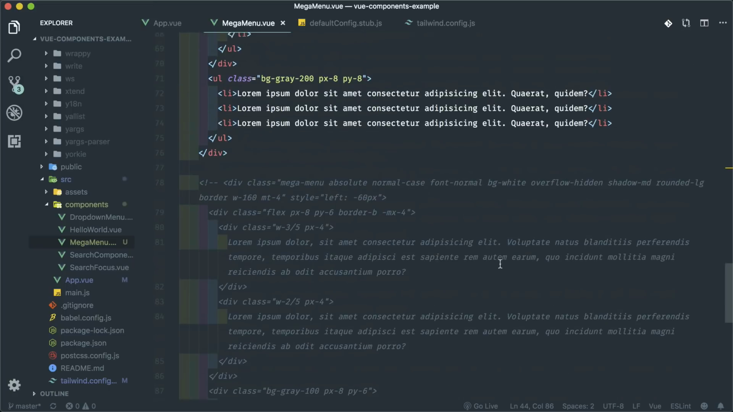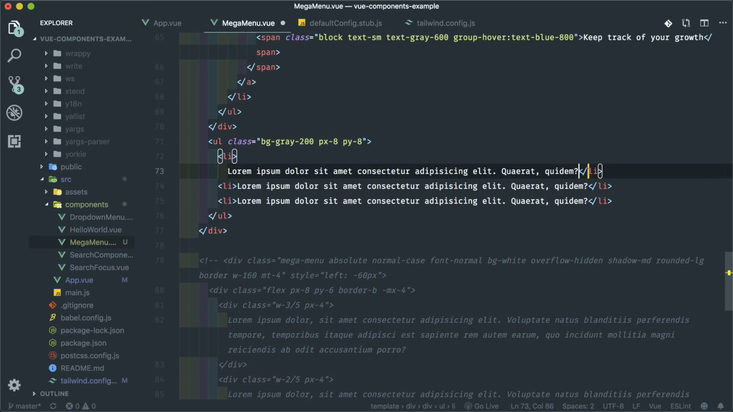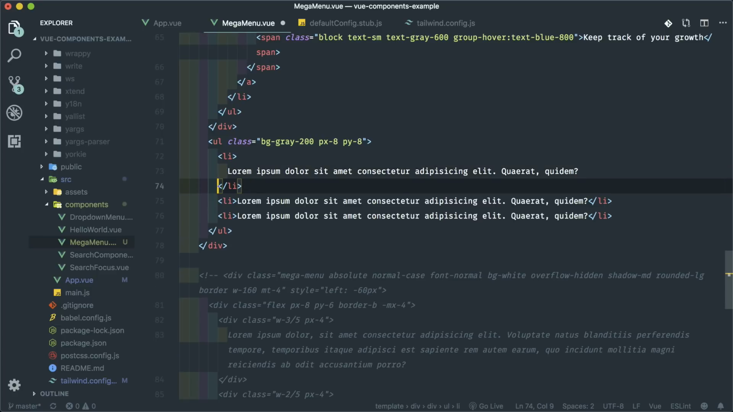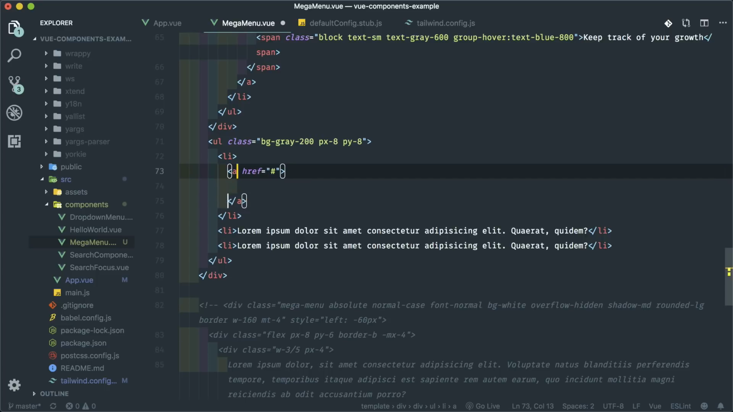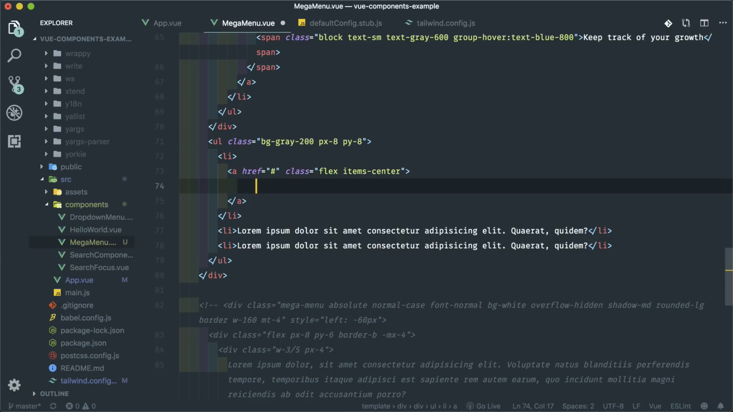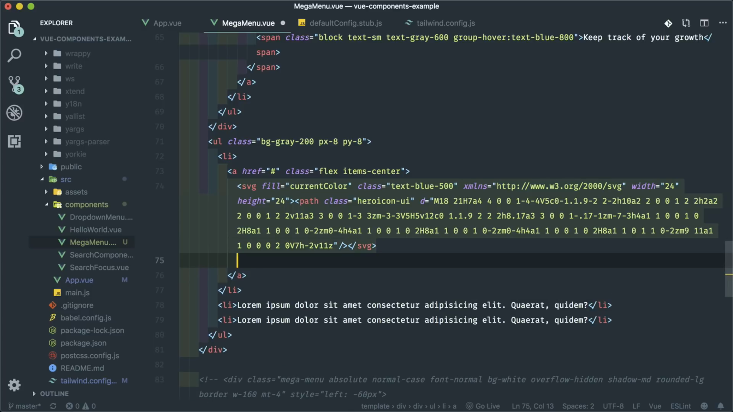So down here, li, and it's the same thing. It's going to be an anchor tag. And let's make it flex. And items center. And it's going to grab the first SVG here. And then this one will be